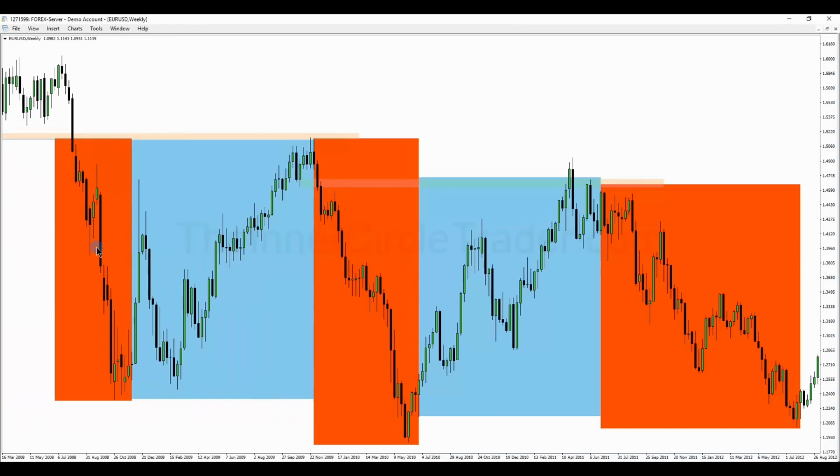All through here we have the market in a selling condition, a bullish market condition, a bearish market condition, bullish market condition, bearish market condition. Okay, so now what we've done is we've mapped out this entire Euro Dollar from mid 2008 all the way to mid 2012,